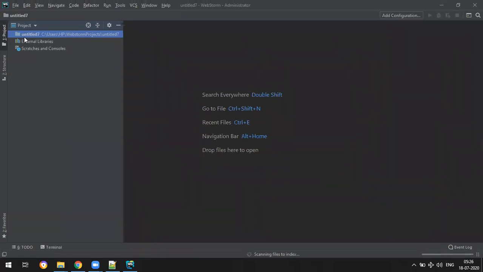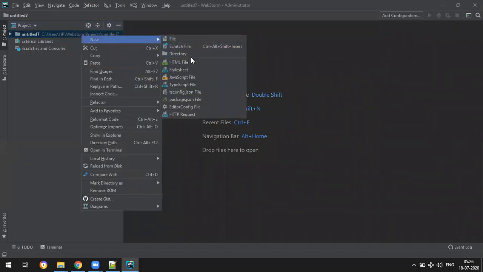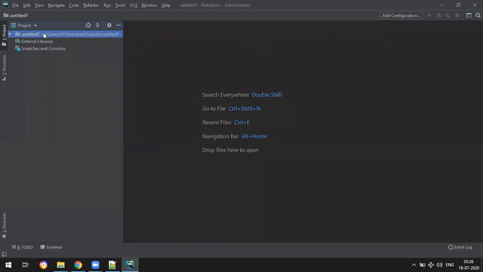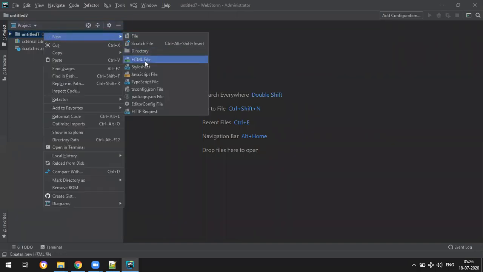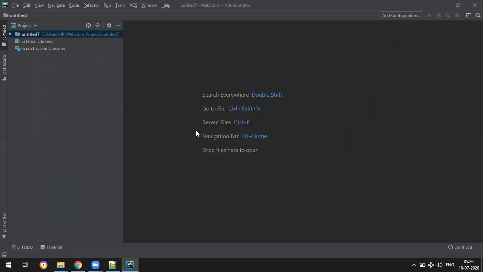You can use this, but here you have to do a very few settings. What type of settings, I'll tell you. First, let me create one basic HTML here, and then I'll tell you what type of settings you have to do. See, if you want to create any HTML here, right click, new HTML. Okay, so you can just give something called index.html.